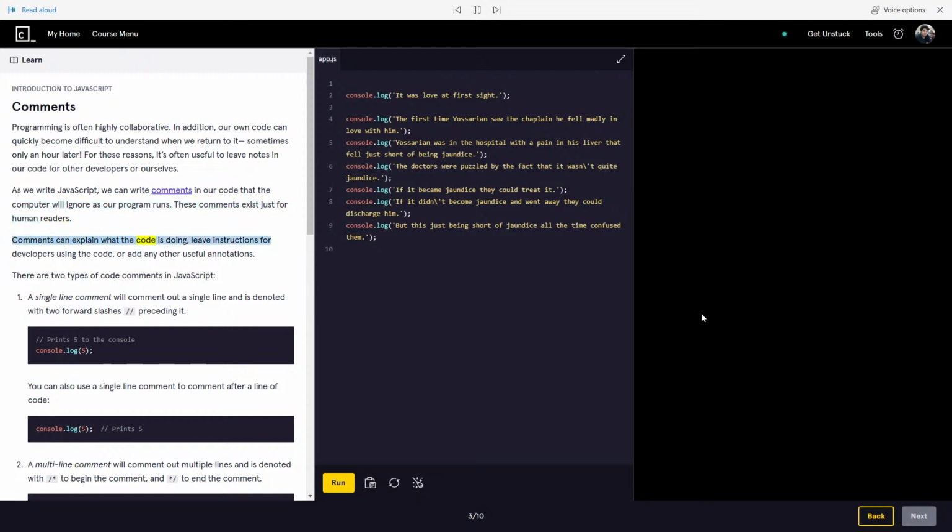Comments can explain what the code is doing, leave instructions for developers using the code, or add any other useful annotations. There are two types of code comments in JavaScript. A single-line comment will comment out a single line and is denoted with two // preceding it. // prints 5 to the console. console.log(5);